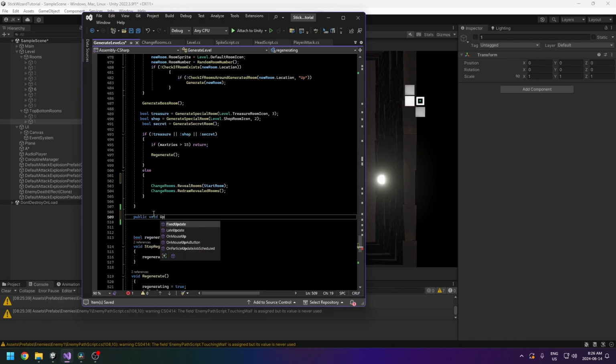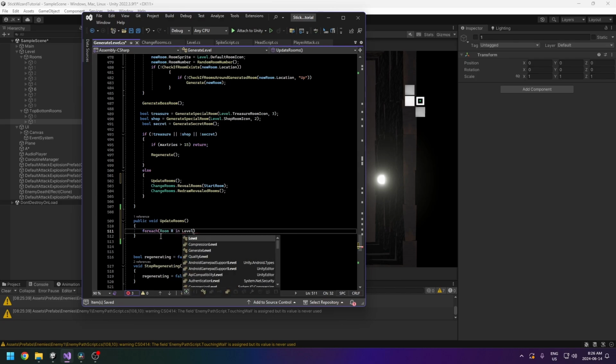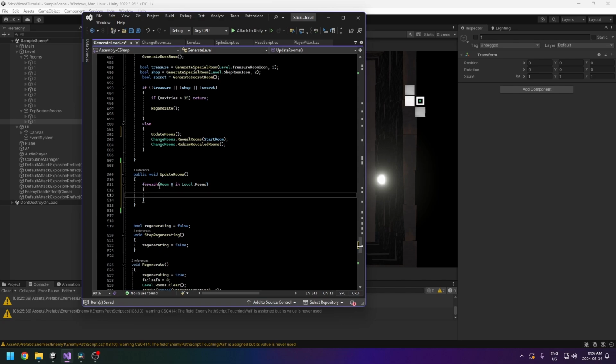So public void UpdateRooms. And then you could just put this here, UpdateRooms. So for each room r in level.rooms, we want to go through the list of rooms in the level and find out if there's a room above and below this. Okay, so we're just doing top to bottom right now. So bool top is equal to level.rooms.exists